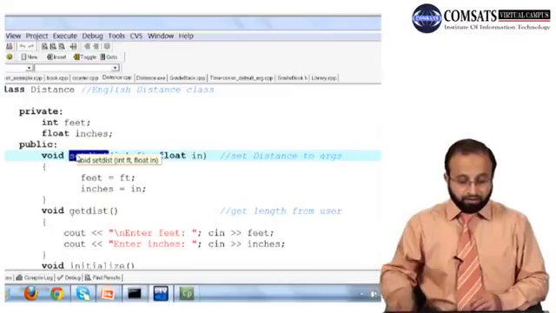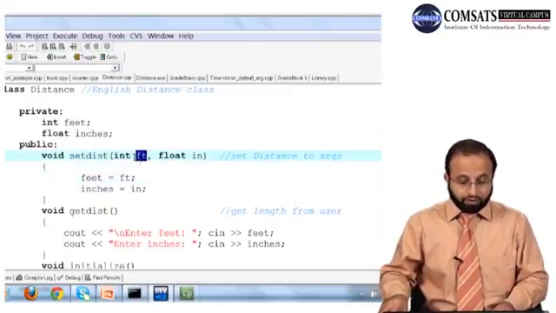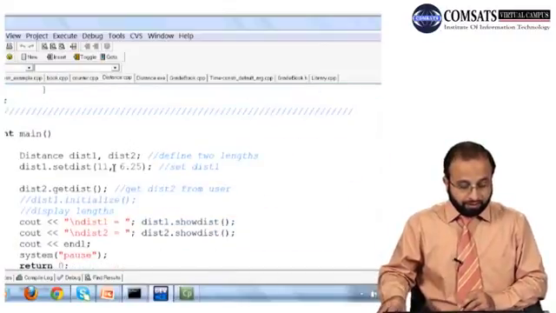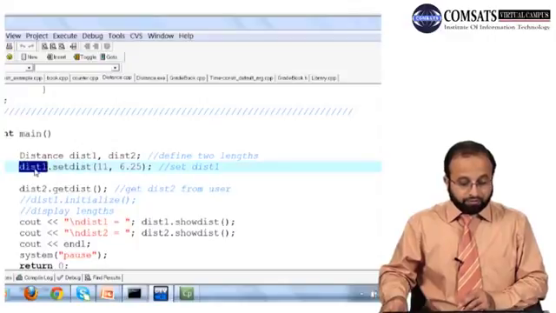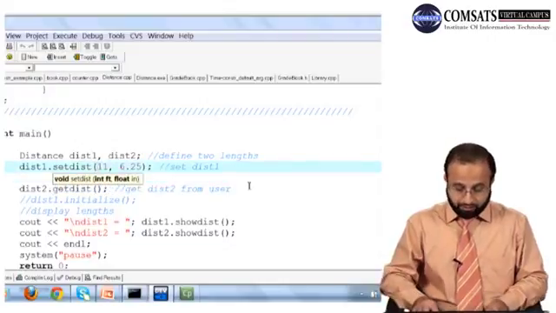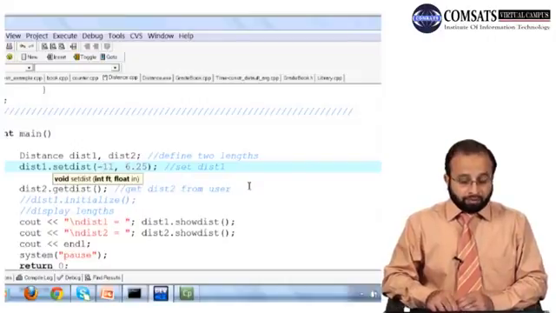That is used to set the value provided by the user when the user calls the set dist function with any object. For example, here the set dist function is called with the object dist1 and the values assigned are 11 and 6.25. Now somebody can assign the value -11 and 6.25 and then later on in the program can say that